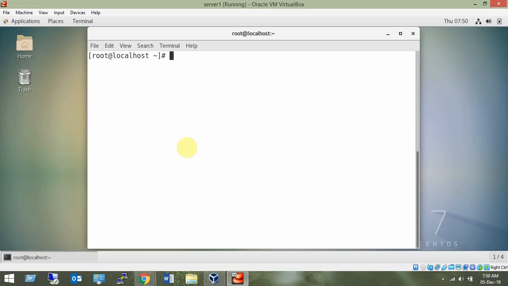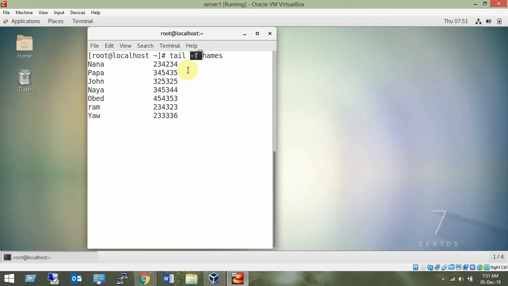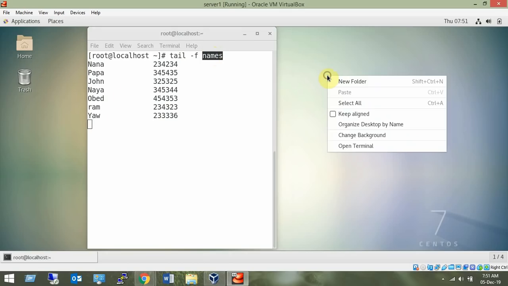What is the purpose of head and tail is to display part of the content from the top or from the bottom. More powerful and useful command out of the two is the tail command. And not just the tail, in fact, it becomes more deadly when you use it with -f, that is freshen, f for freshen. And now you type the names. And you know what will happen when you type this -f? It will keep on refreshing the content of this file after every 5 seconds.